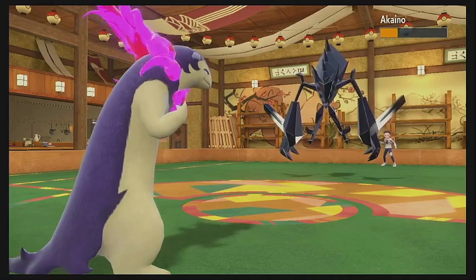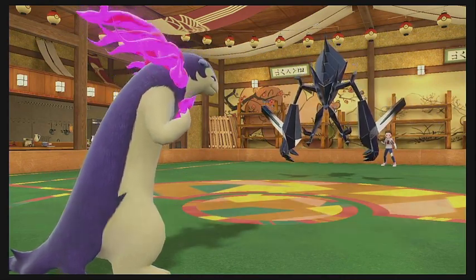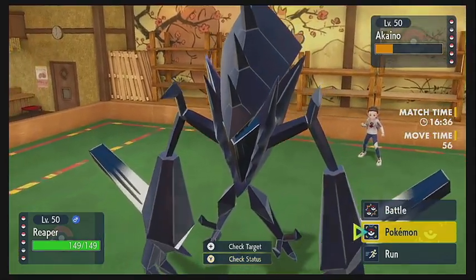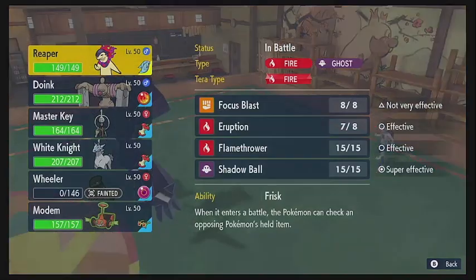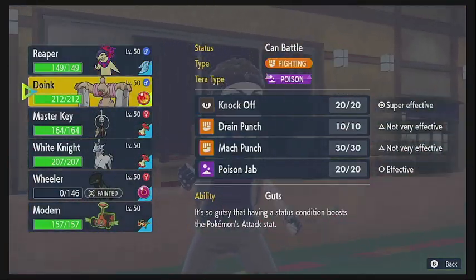Not quite enough to take him out, unfortunately, but does massive damage as he goes for a Trick Room, which is pretty unfortunate. So that's going to go ahead and flip the speed levels of all the Pokemon for several turns. That's an interesting play. How do we want to combat that is the question. I feel like...